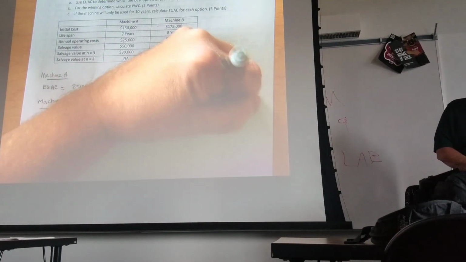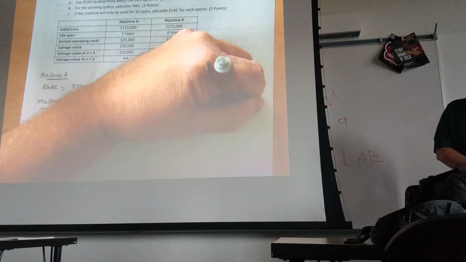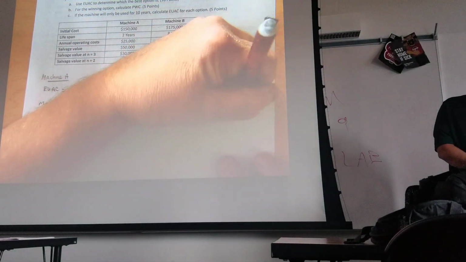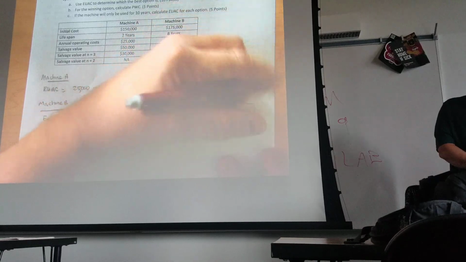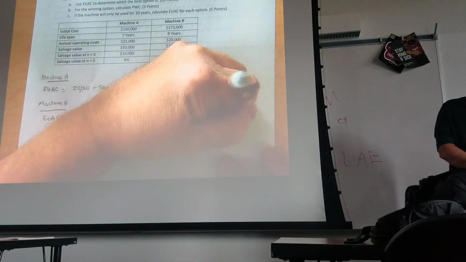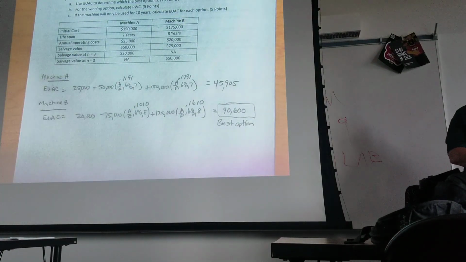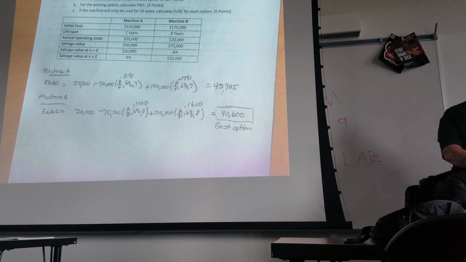Okay, remember, we're calculating costs, so these are actually negative numbers, so we want less cost. So that's the best option. Now remember what's going on here. The reason that we can use 7 here and 8 here is because